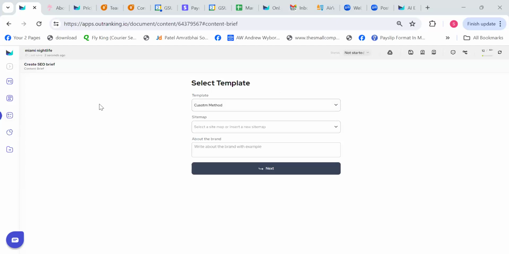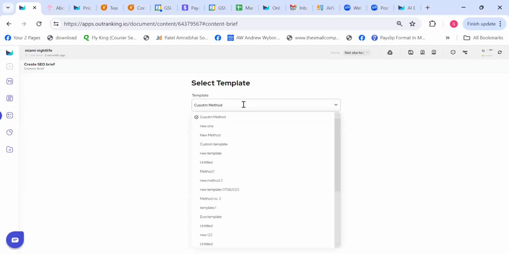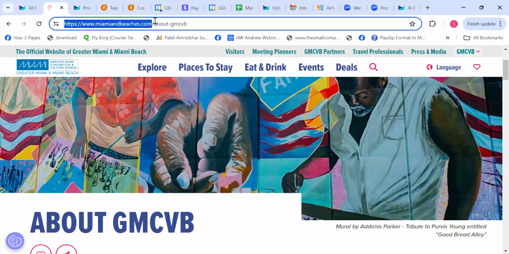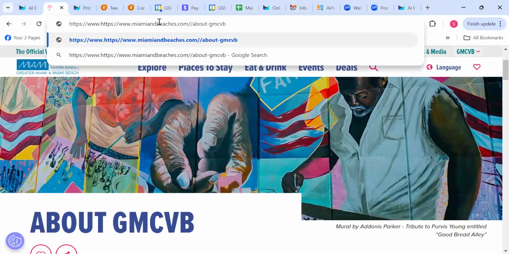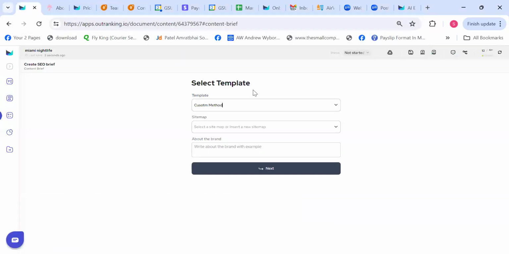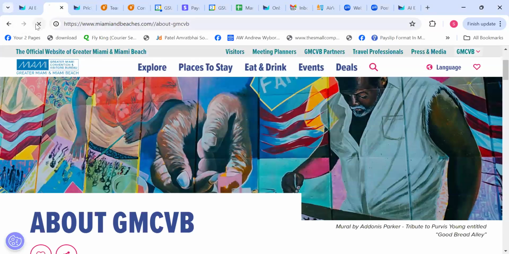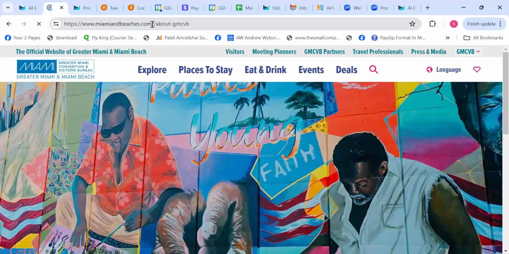So now we are on generating the content brief. And the first thing that you can do is if you already created a template, you can use it. Or let's say we create a new one and we use the same name here, which is mentioned here as well. So we create a new template here. You just add the name. That's it. You don't have to do anything else. Add the sitemap. I don't have the sitemap of this website, but I can definitely add the name of the website itself. That's fine.